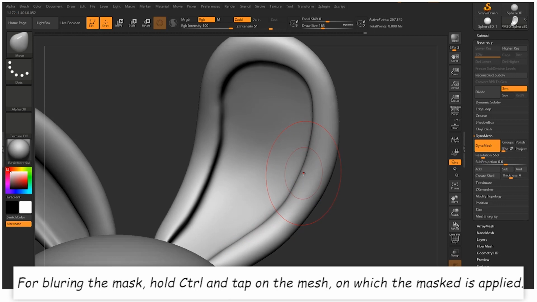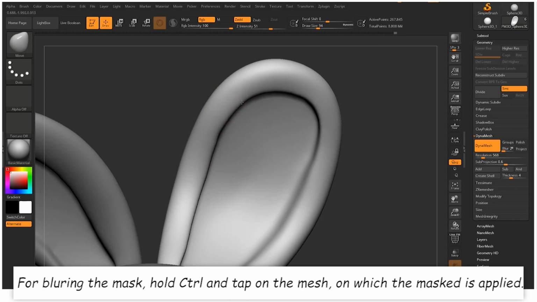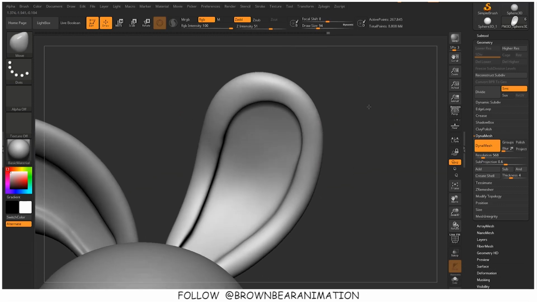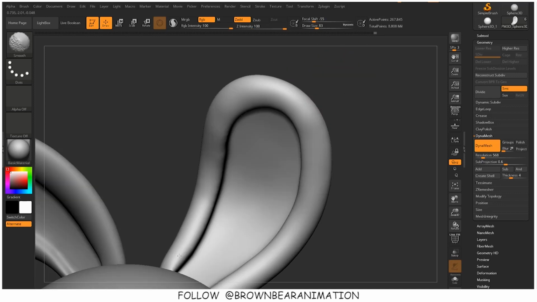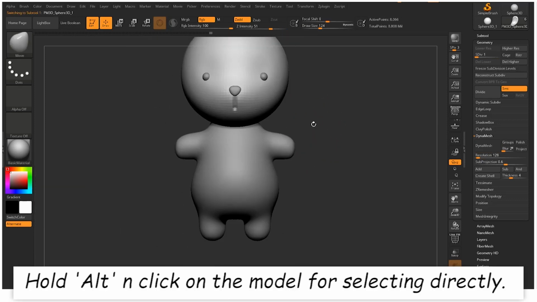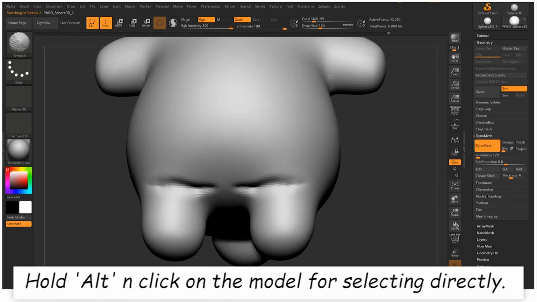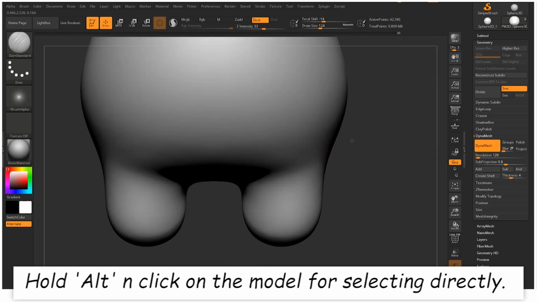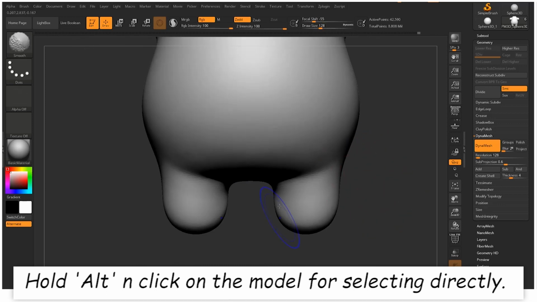Making a character for animation and proper rigging purposes involves a lot of steps after sculpting the character, like retopologizing the character, then making the UVs and all. But in this tutorial we are not going to look at the UV process or the retopology process, but in my later videos I will definitely share these points by which you can create a rig friendly or animation friendly model which you can use in games, your own animated shorts, or you can create your models for any advertisement and all.